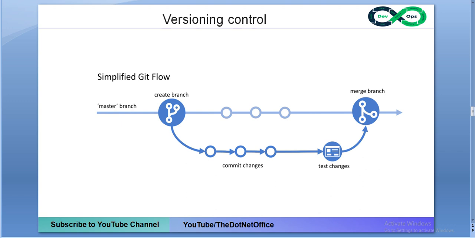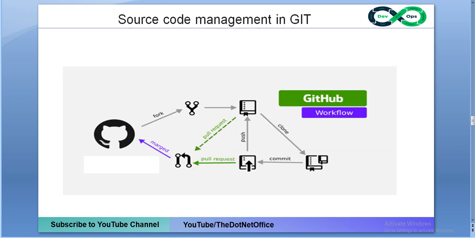So basically there are three types of version control. One is local version, next is centralized version, and distributed version. So these are all the steps when we do versioning in a real scenario. For version control there are many tools, but we will talk about GitHub. Basically Git provides us a facility for version control. Before that, we will understand what the disadvantages are if we do not use version control, and what issues we will face.